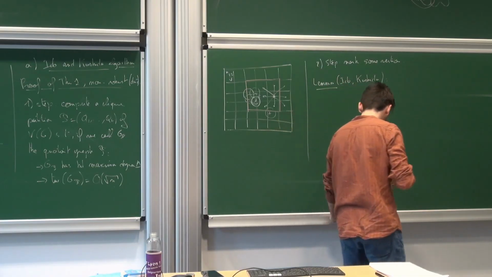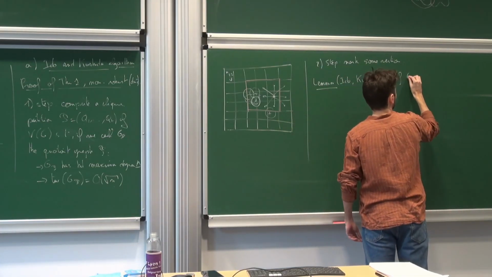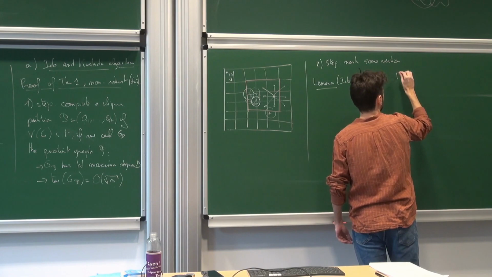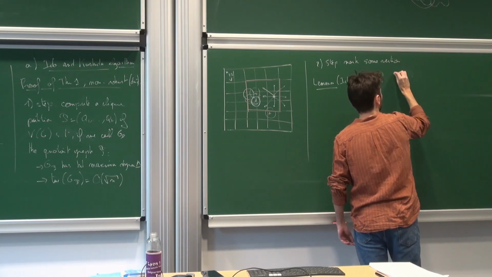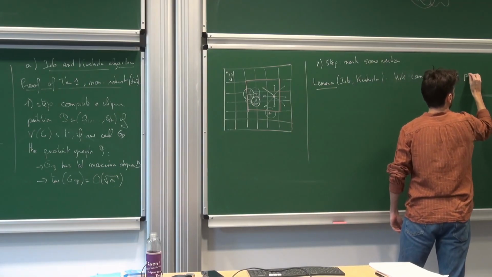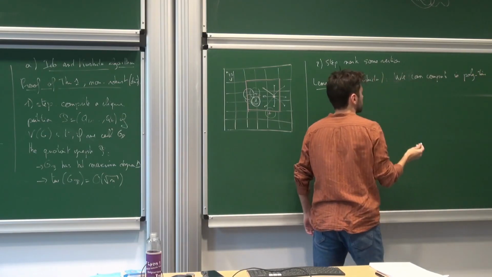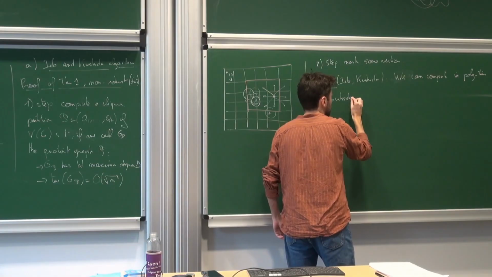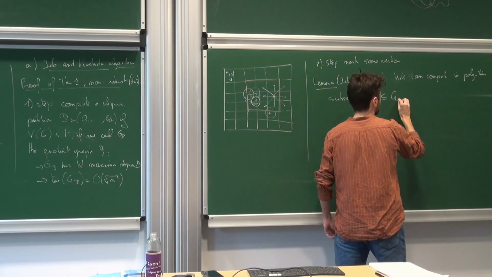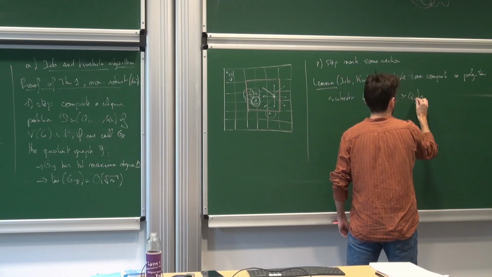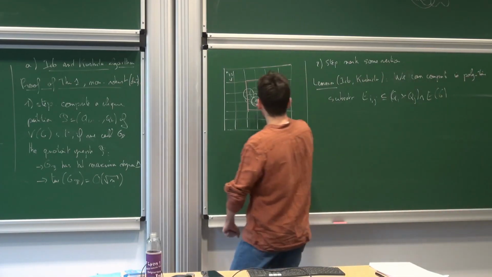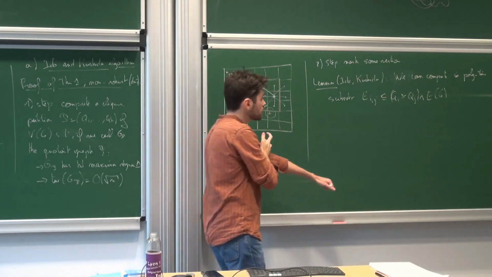So the idea is that if G, we can compute in polytime subsets, let's call it Eij in Qi times Qj and E of G. So we can compute a subset of edges between two adjacent cliques with the following properties,